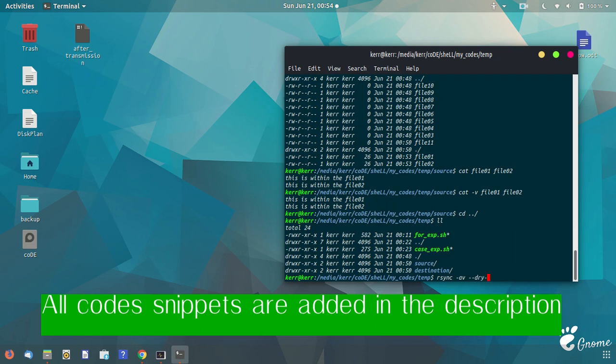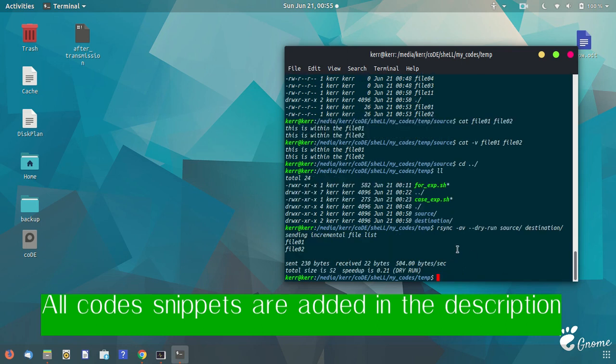As I already said, by using that dry run option, no changes will be made, but it will give you a preview of the changes that would happen after running the command without dry run. You can see it showing that these files will be changed, only because we have made changes within these two files, but those changes are not being made in the destination right now.